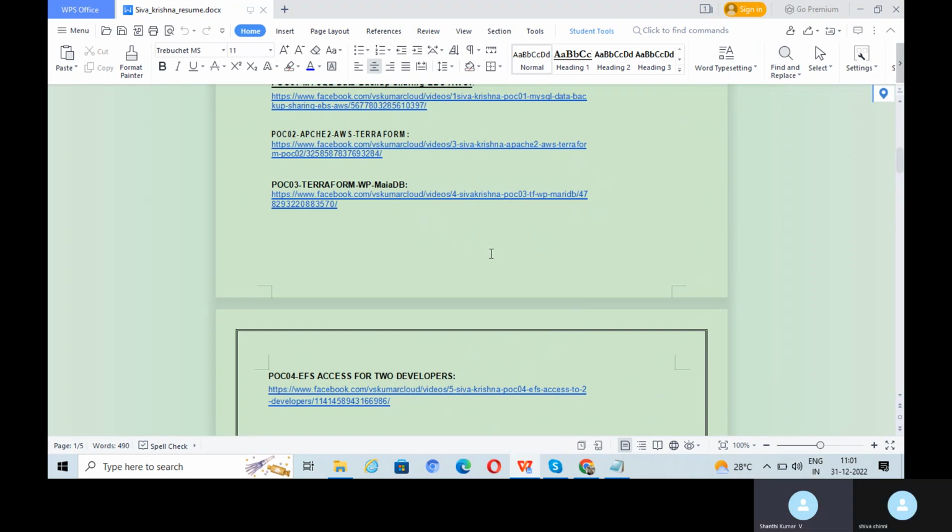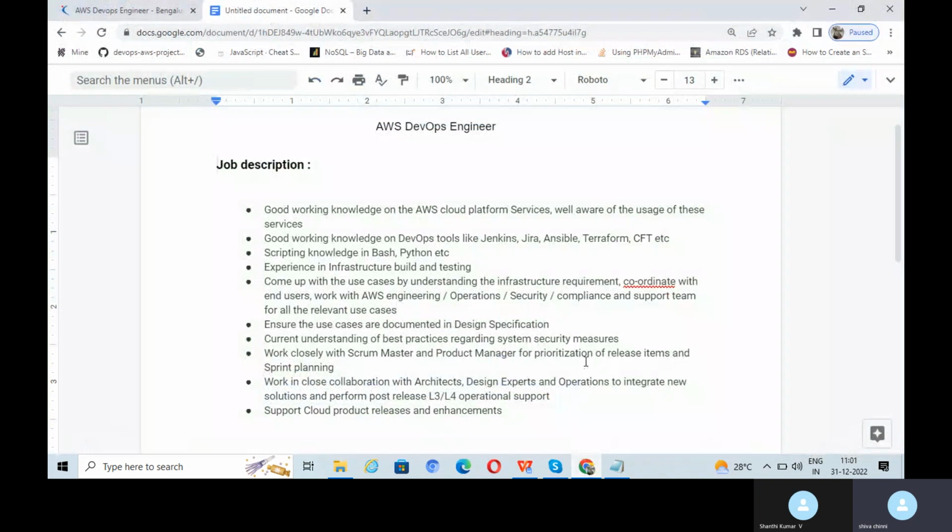Now let us jump back to the JD, job description. Open that document. Okay. In this case, if you go to the second point, you have experience in Jenkins, you have experience in Ansible, you have experience in Terraform and CloudFormation tool, and you also worked with the Python and Bash. Obviously, Linux script comes under Bash only. You have worked with Bash and Python also. Then you have done many